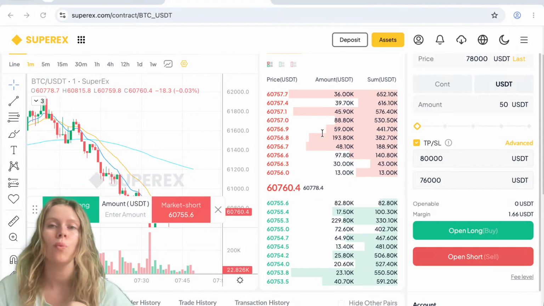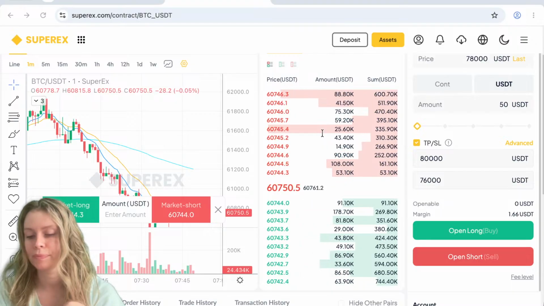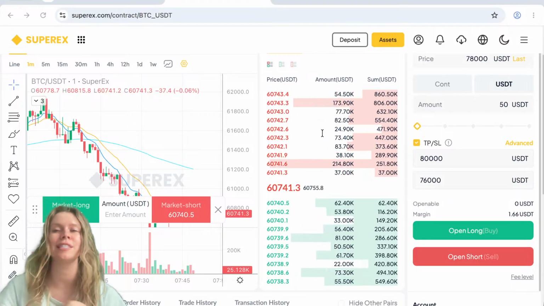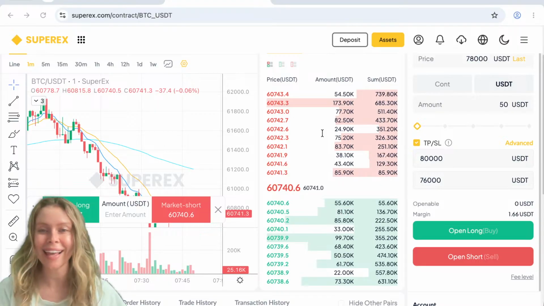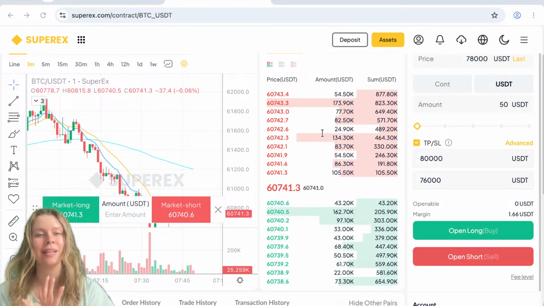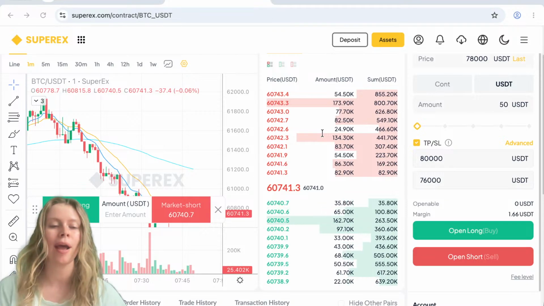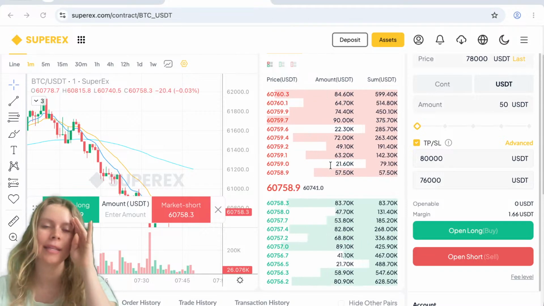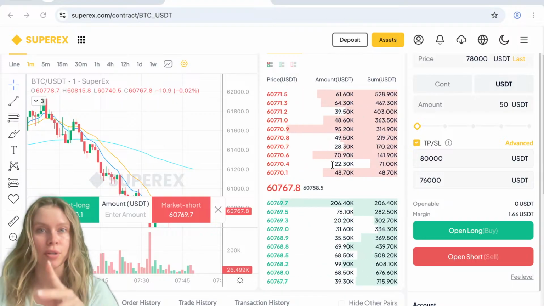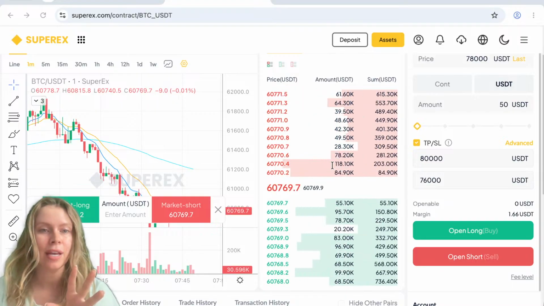Start small when you are doing this. I don't want you guys to be going all in, especially if you're new to trades like I am. I want you guys to really start small, play around with it until you understand what is happening. Okay, so once you've clicked that button and it's processed and your order is live, you can go to the